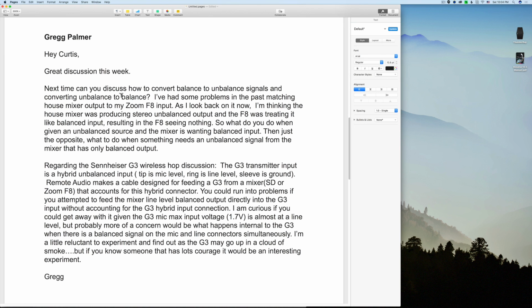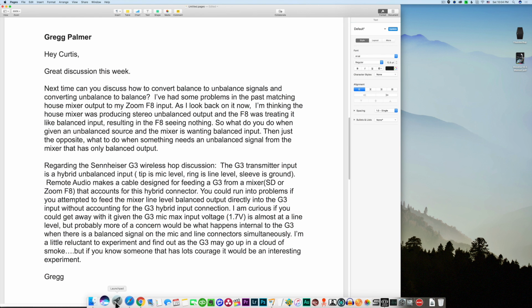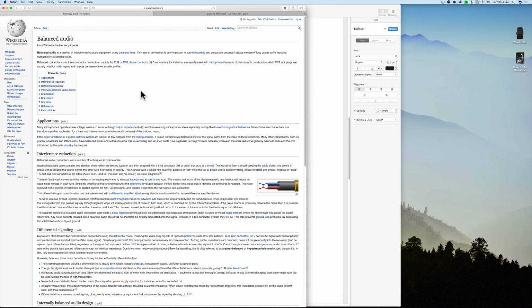All right, that's a potentially complex one. Let's switch over here. And again, rather than get into all the gory details, let me just give you a resource here that could hopefully be pretty helpful. Over on Wikipedia, there's an entry for balanced audio. First of all,